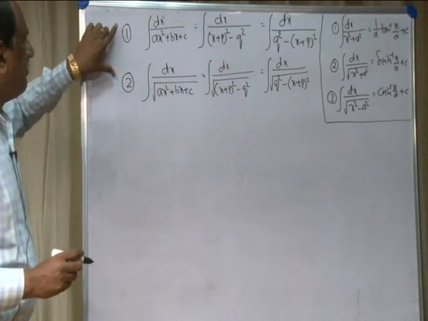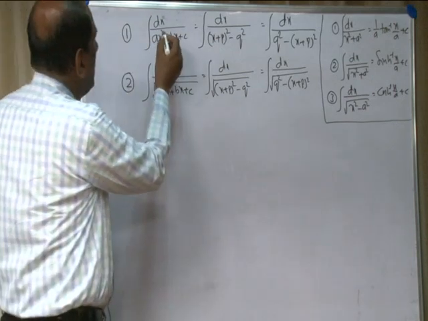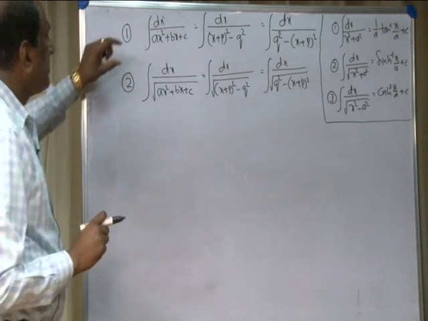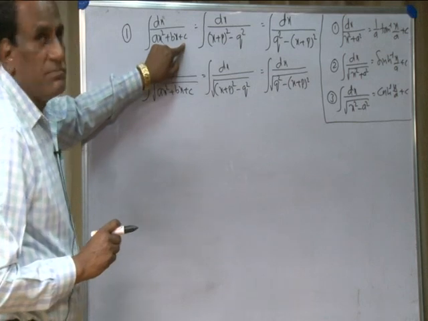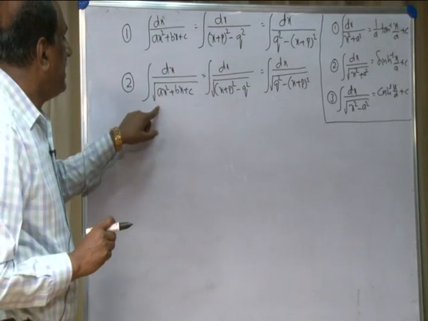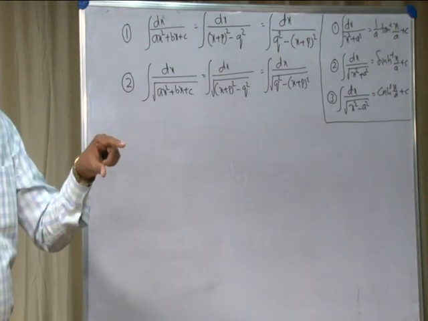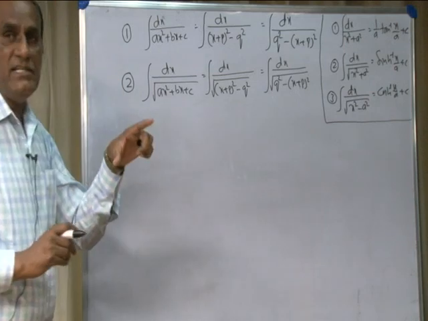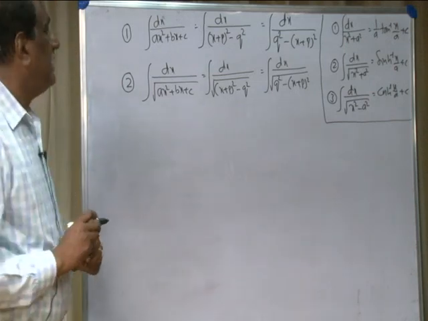So, these are the forms of standard integrals. This is the first form. What is the difference between the first and second form? See here, the terms are the same. In the first case, ax square plus bx plus c is in the denominator, and in the second form the same ax square plus bx plus c is under the root sign. The only difference is the root. So this is the second form of the standard integral.